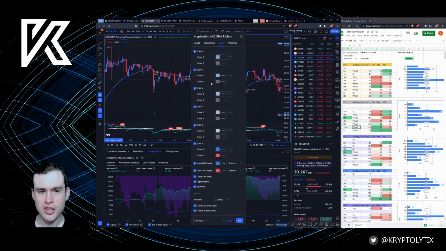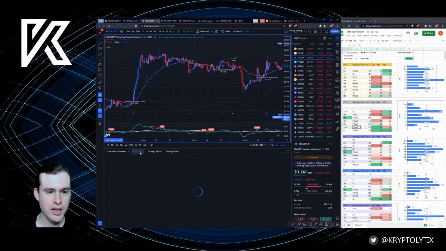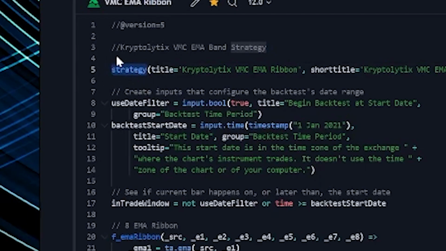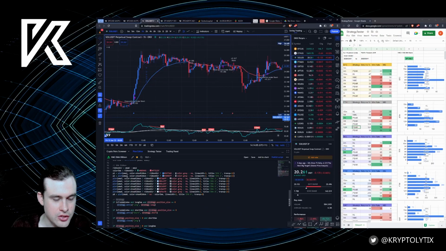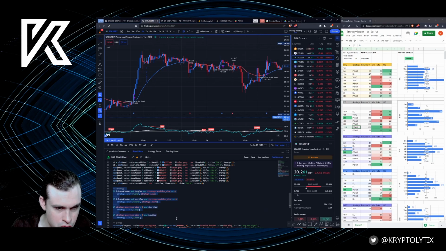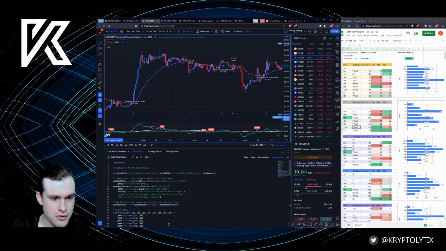Now these can be converted into indicators as well that you can use in, say, for example, like 3Commas bot. And the way you would do that is you just change the strategy into an indicator using the Pine editor. And this is the Pinescript editor here. So the way you would turn it into an indicator is you replace the word strategy here with indicator, and then you have to remove the strategy text here. So you would remove this text here, and you would remove this here. And if you get any errors, you can just use ChatGPT to help you with that.